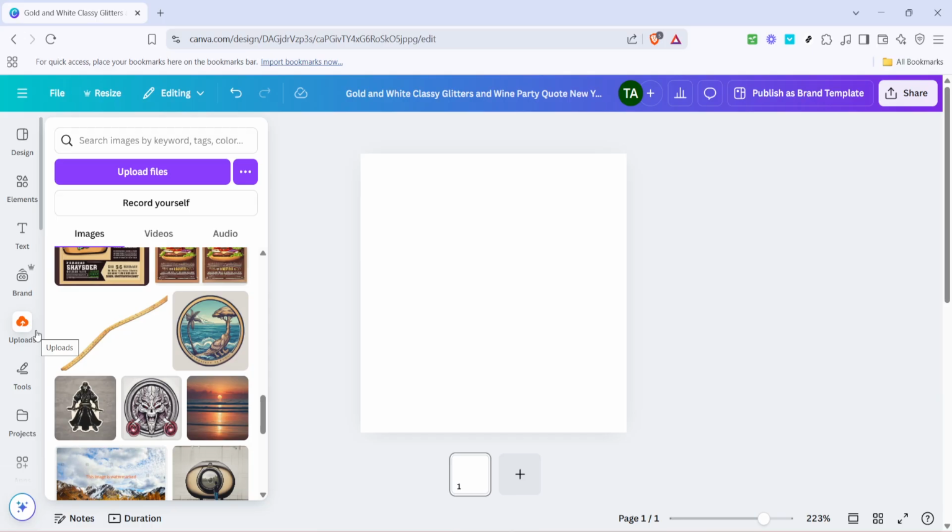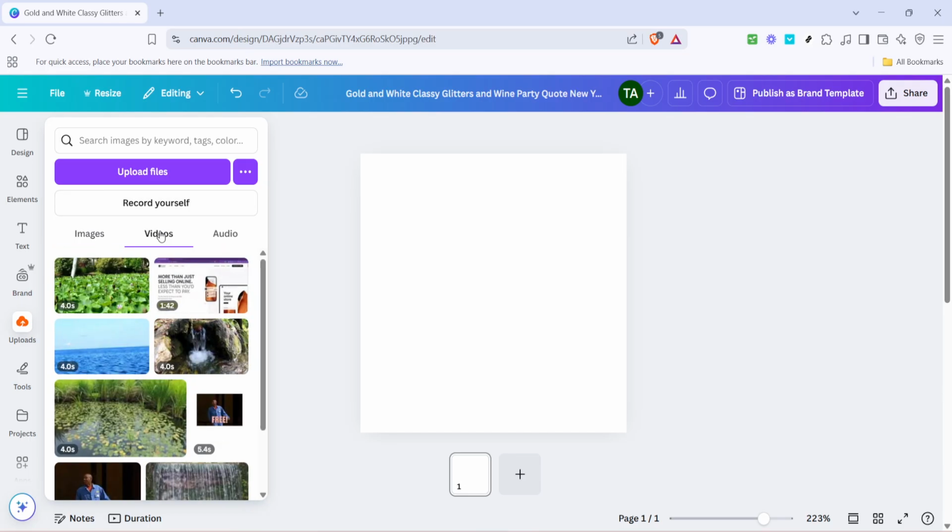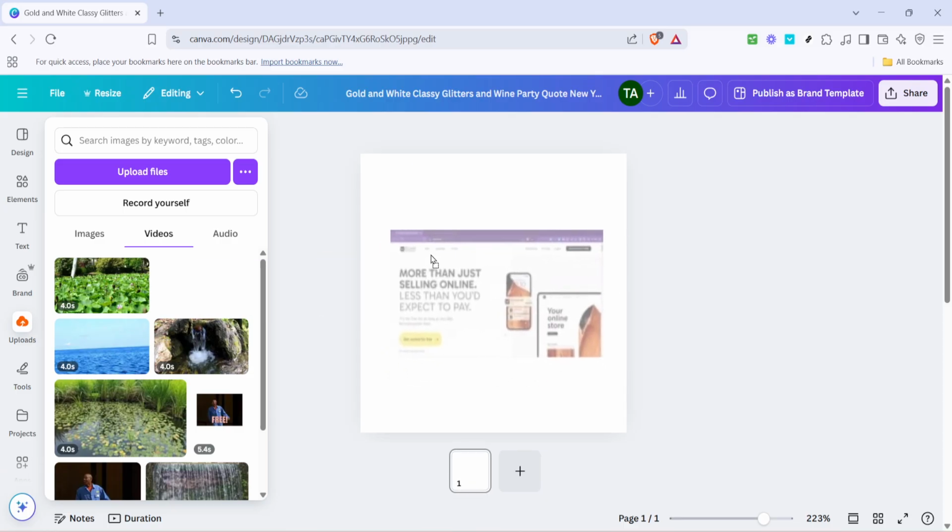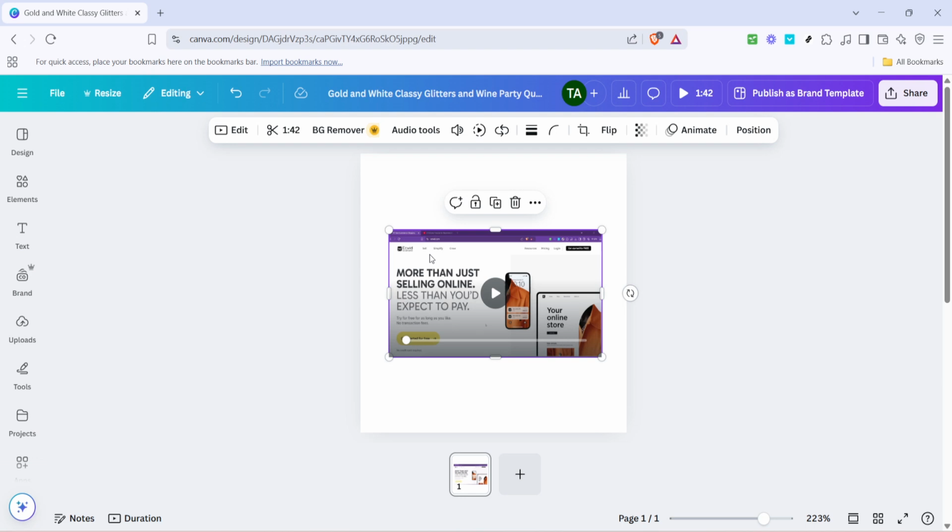Once you're in the Uploads section, the next step is to locate and click on the Videos tab. Clicking on this will filter your uploads, displaying only the video files that you have imported into Canva. This makes it much easier to find and work with the specific video you need. Now, with your videos in view, simply drag and drop the desired video into your Canva project page. This action will add the video directly onto the canvas where you can position it or resize it as needed